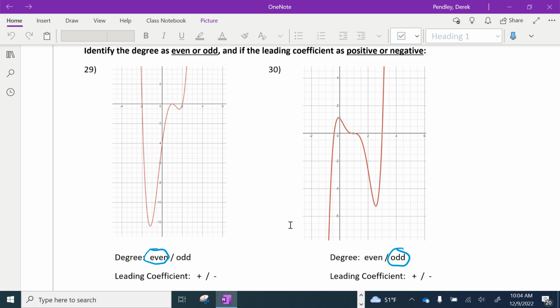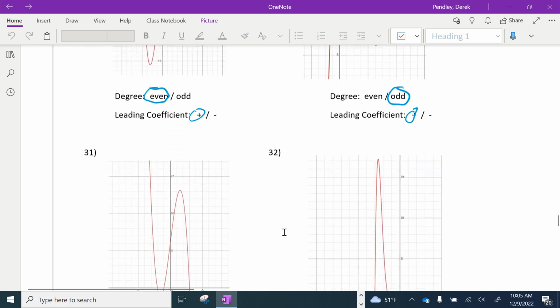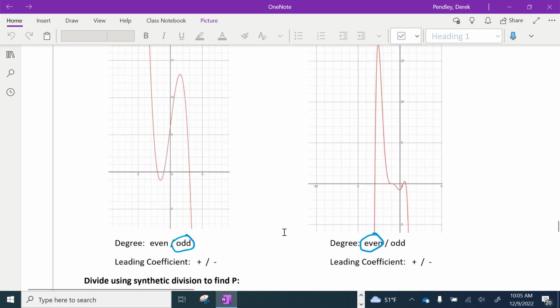So again, they're both going up, so it's positive, and they're doing the appropriate action. There we go. And the second one's positive. So the leading coefficients are both positive in number 29 and 30. 29 is even, 30 is odd. So if we look at the next set,